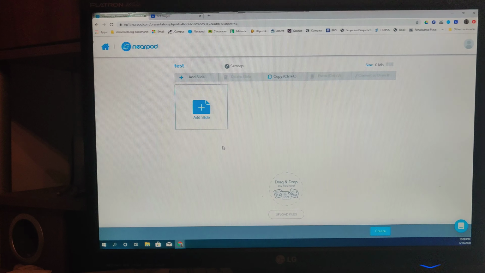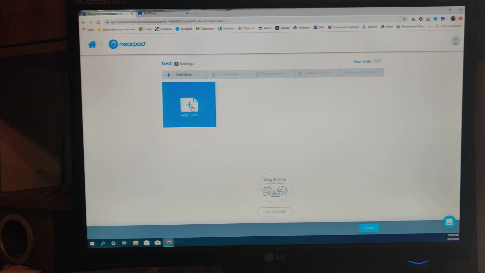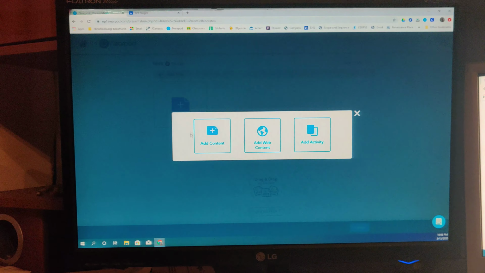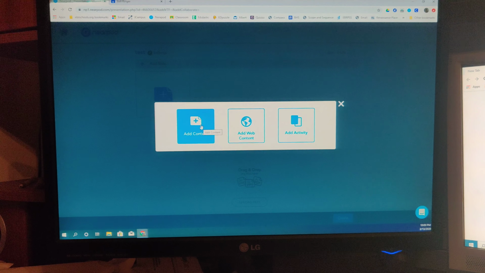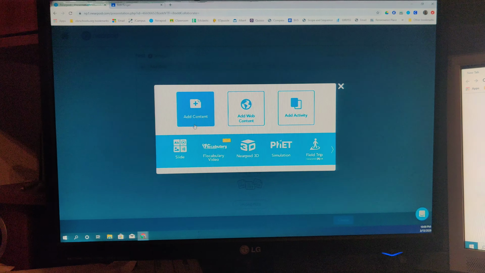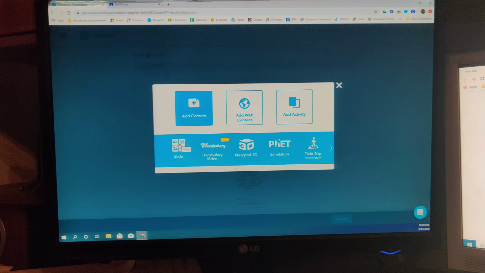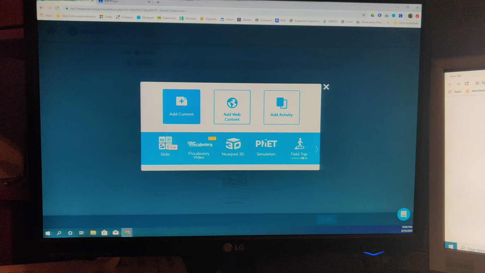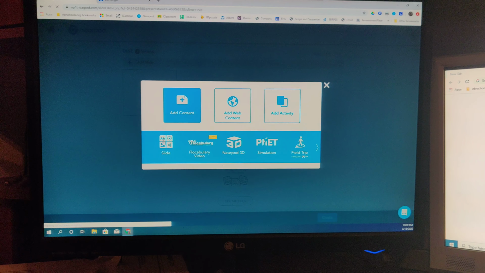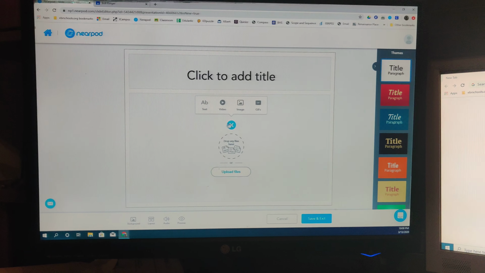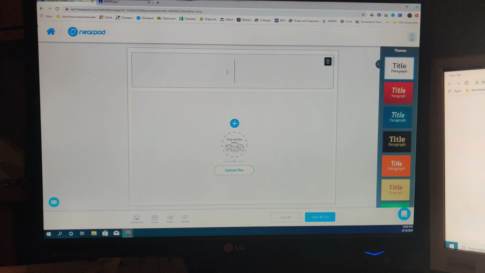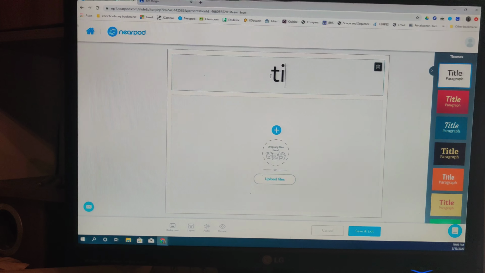Okay. And of course you're going to want to give it a slide, or actually you're going to give it lots of slides. And when you go in here, there's a lot of different options you can pick from, right? So we're going to start with the basic, which is add content. And this is where you go to put in a slide, just like you were making a PowerPoint, right? Okay, so there's your slide. Now it assumes that you want a title slide, which is the way this is default set up. So you put your title,